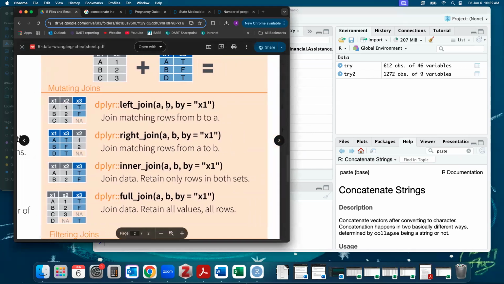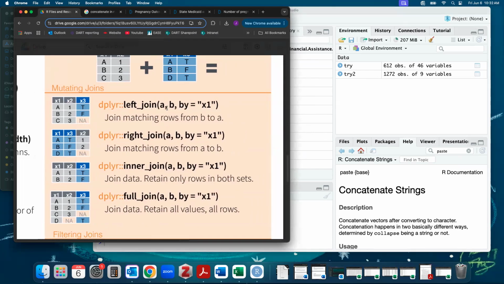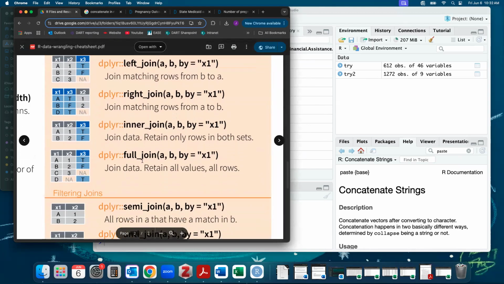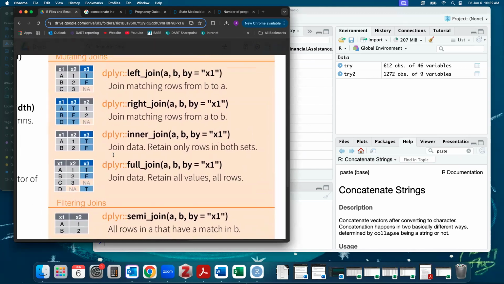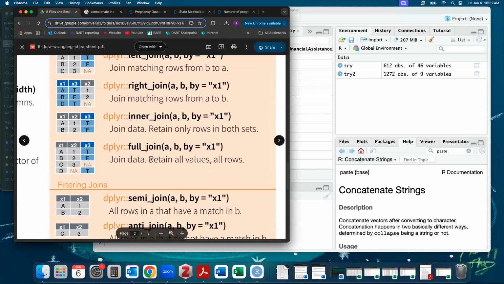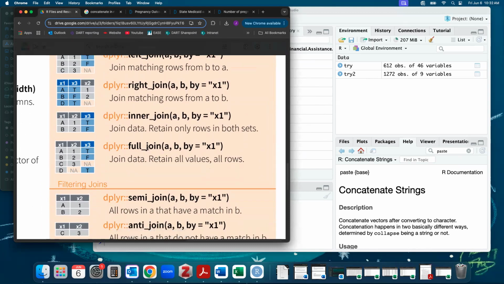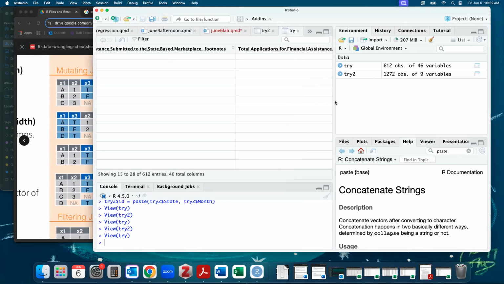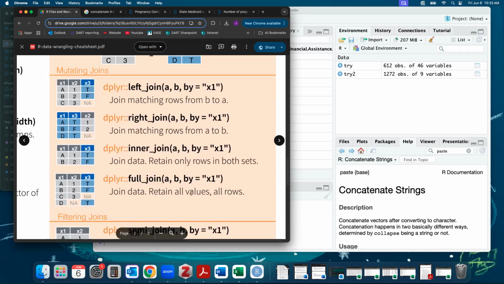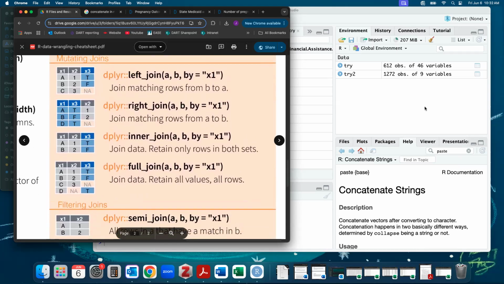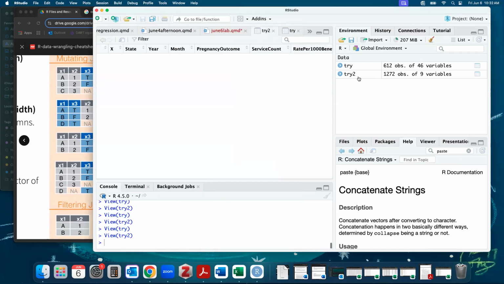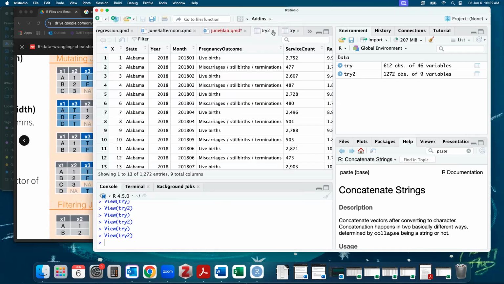Let's actually try. Yeah, the inner join is actually not going to work. So we need to do either a full or one of the left or rights. It doesn't really matter. Let's just try a left or right, because the full join could end up adding a whole bunch of rows with missing values that we don't want. So we have more rows on this try two data set, and we have more columns